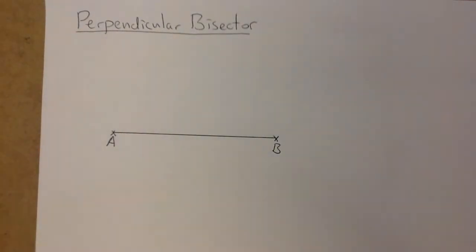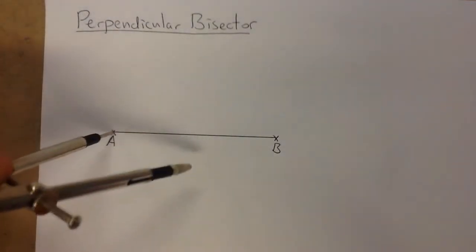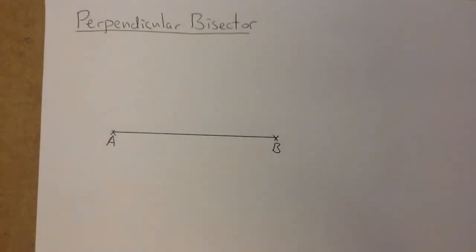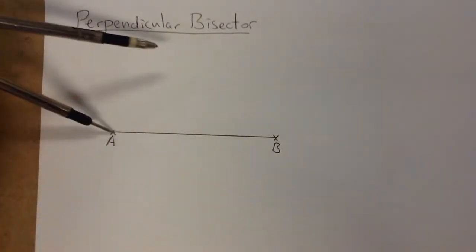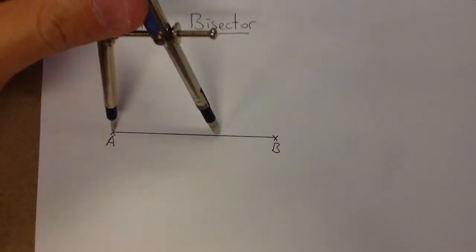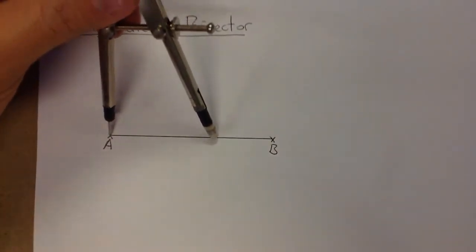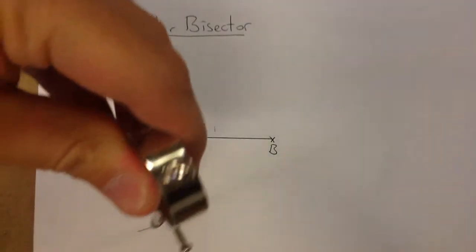Now, first thing I'm going to do is make two arcs, an arc off of A and an arc off of B. And the goal is that they overlap. So the important thing you have to do is make sure that the two arcs you make are bigger than half the distance apart. So if I look, that arc right there is more than half the distance across. So I'm going to make an arc